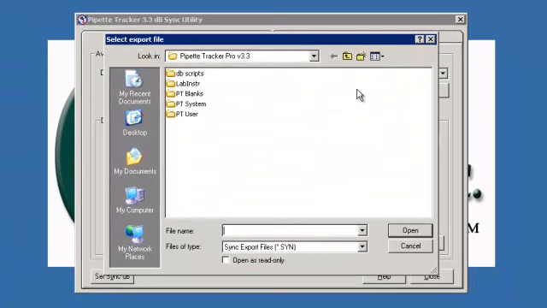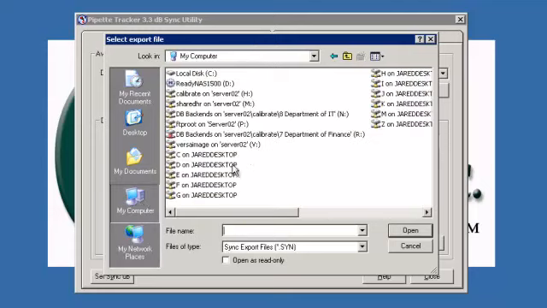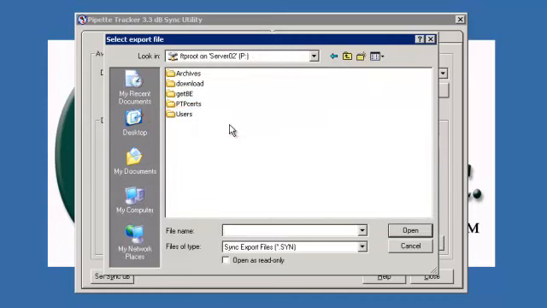Keep in mind that only one person can be using the server-side sync utility at a time. If at this time you get a message that the utility is in use, please just wait a few minutes and try again. Once you are able to connect, you will see this display box. Click My Computer on the left, locate and double-click the P drive, then the Users folder,